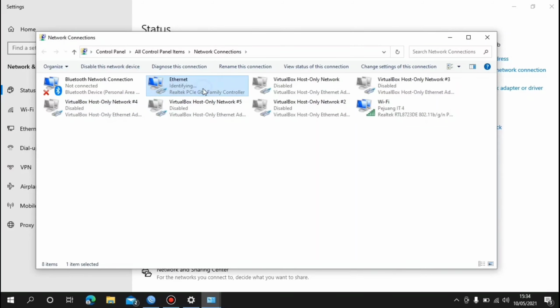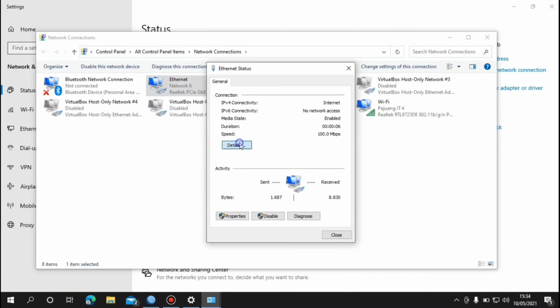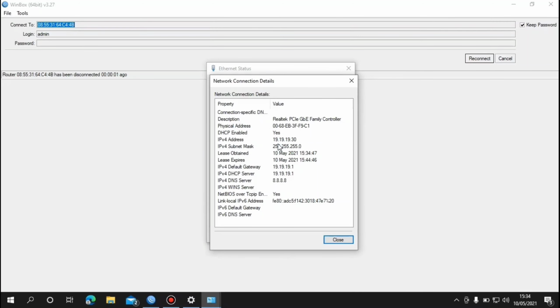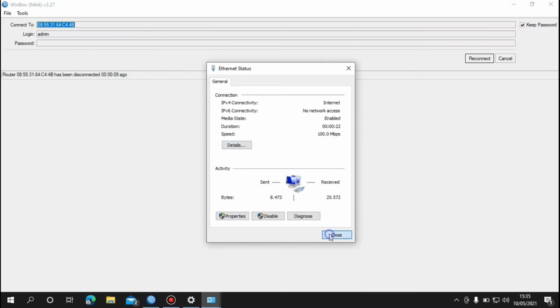And we open details, and we can see client 1 got IP address static 19.19.19.30, and then we do pinging.